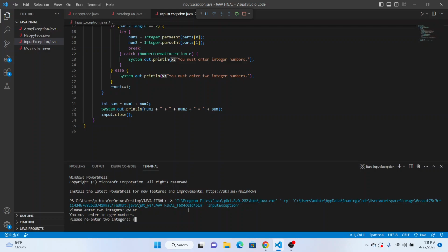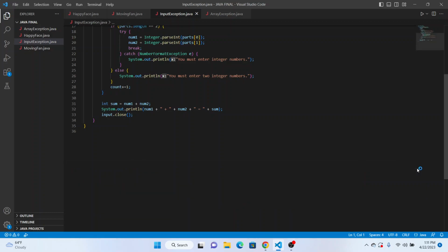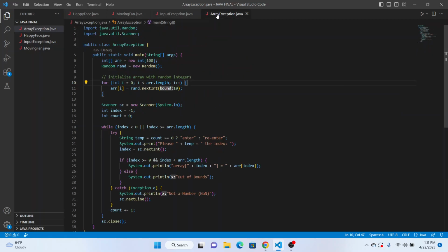And then T and Y2. You must enter integer variables. And then 28 and 45, 73. So as you can see, it is doing all its functions perfectly and showing me the output. So I'll move on to my last program,